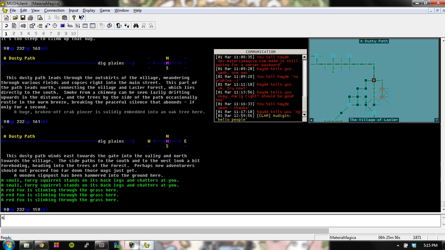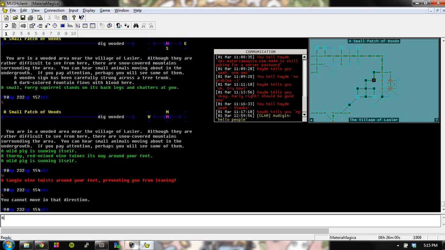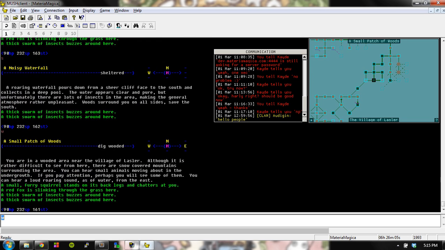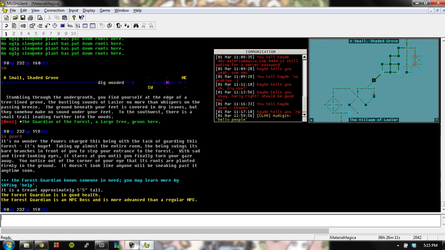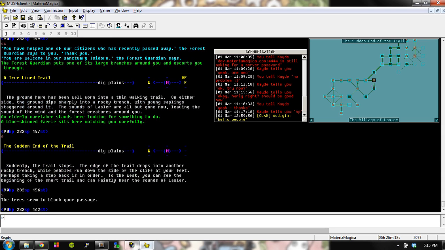Once you hit this four-way intersection of the Dusty Path, if you go west, let's see if we can find him again. Yeah, right here. And I don't think he gives you any gear or anything, but you can kill him. The other thing is,